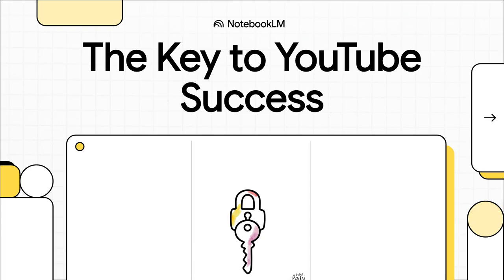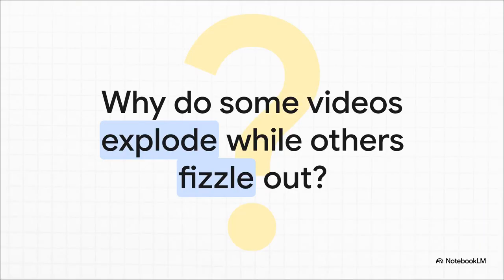All right, let's talk about the one question that keeps every single YouTube creator up at night. We're going to dive right in. You know the feeling, right? You see two videos on the exact same topic, but one just explodes, millions of views, while the other one, maybe yours, is lucky to hit 1,000. Is it just pure luck? Some kind of YouTube magic? Or is there a code that we can actually crack?